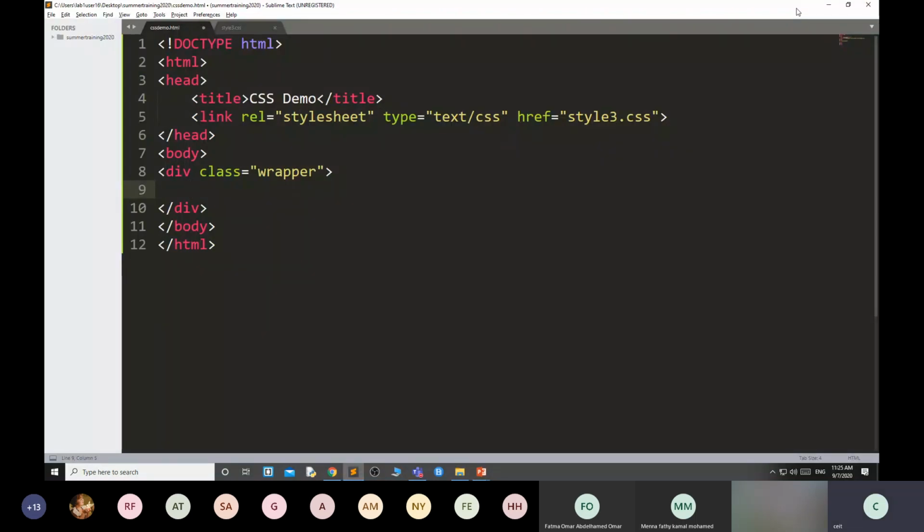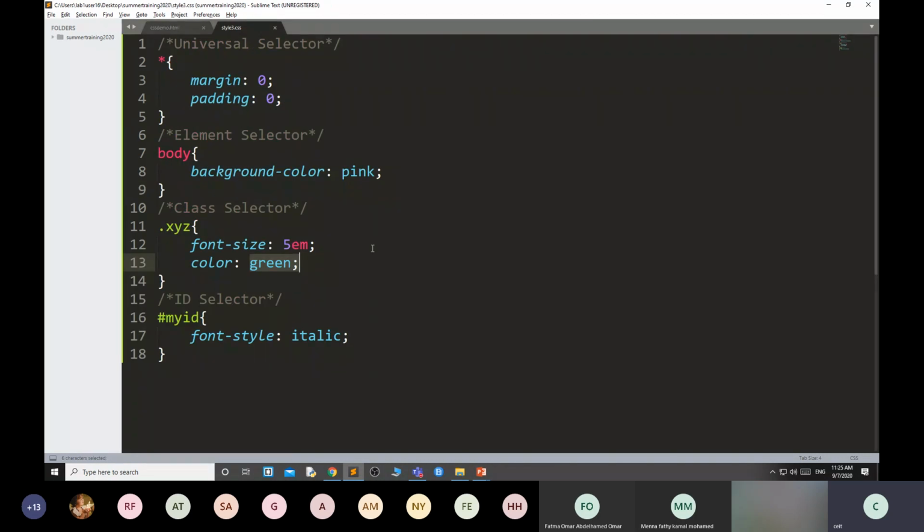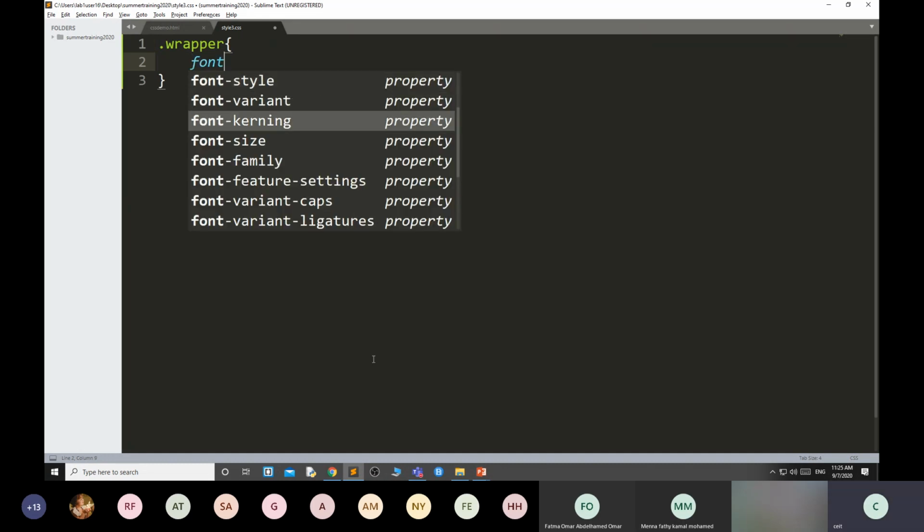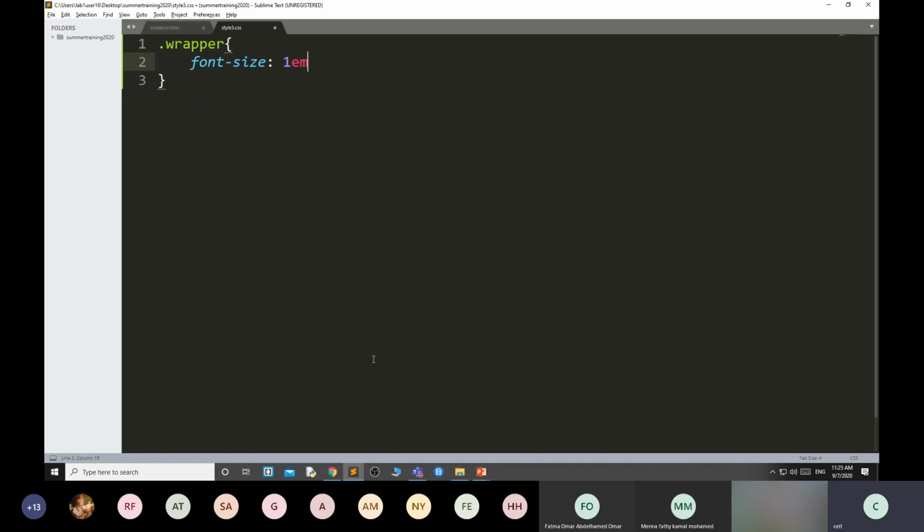And in the wrapper class, I also give a div and I give the class name, suppose px. Px for pixel. And I just write I am 100 px wide. And for this, I'm going to use the style. I remove this and .wrapper. For font size I'm using font size 1 em.